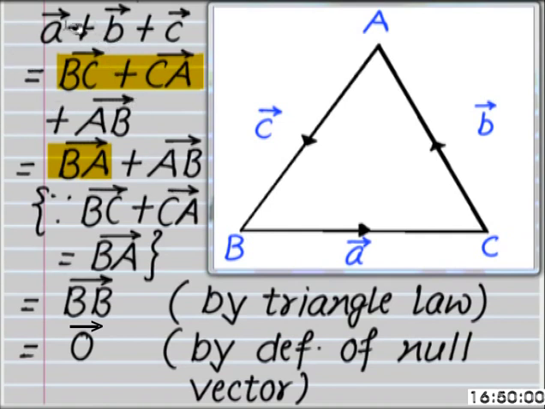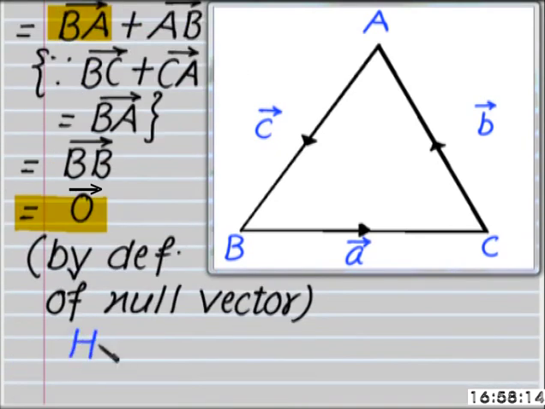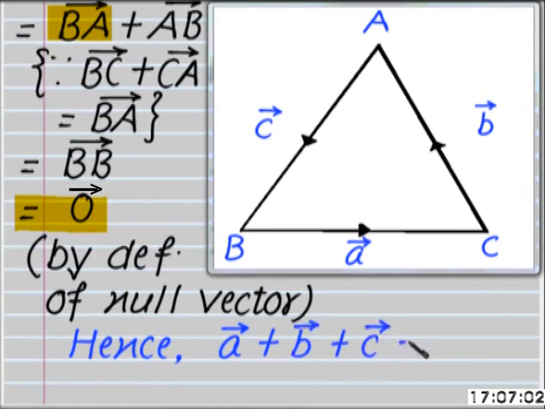So here vector A plus vector B plus vector C is equal to 0 vector. Hence we can say that vector A plus vector B plus vector C is equal to 0 vector if